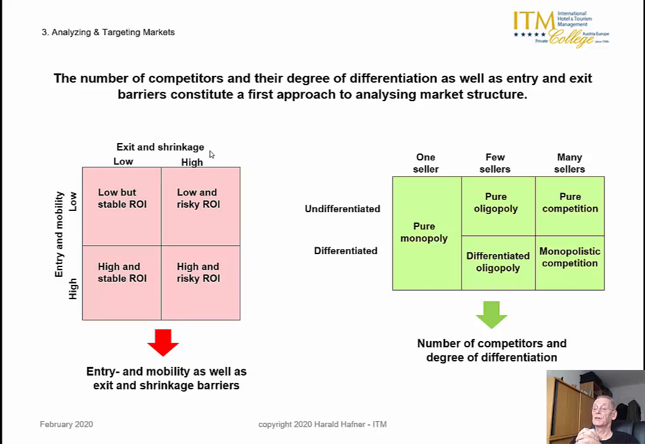Raw materials or distributors, for example, or reputational requirements can also be considered an entry and mobility barrier, and thereby we can distinguish between low entry and mobility barriers and high entry and mobility barriers. Similar holds true for exit and shrinkage barriers. If you want to get out of a market,